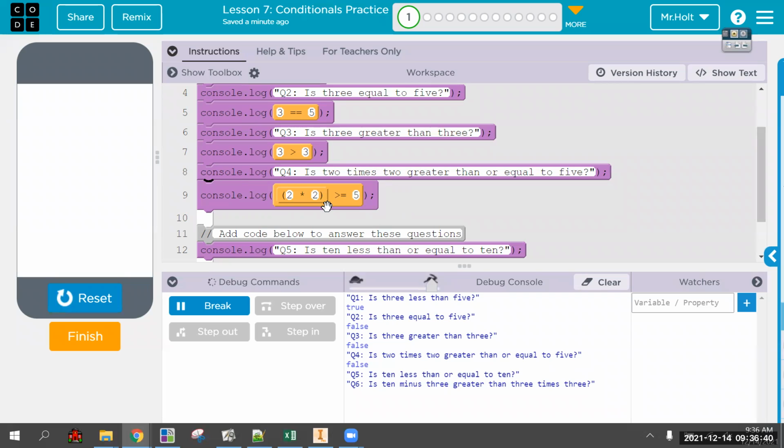Okay, even though this isn't really order of operations, it's still good to give arithmetic its own private room to operate in. Okay, so we want a console log statement that's